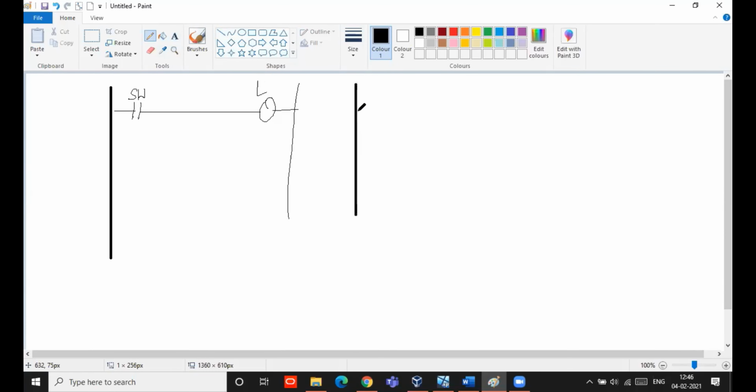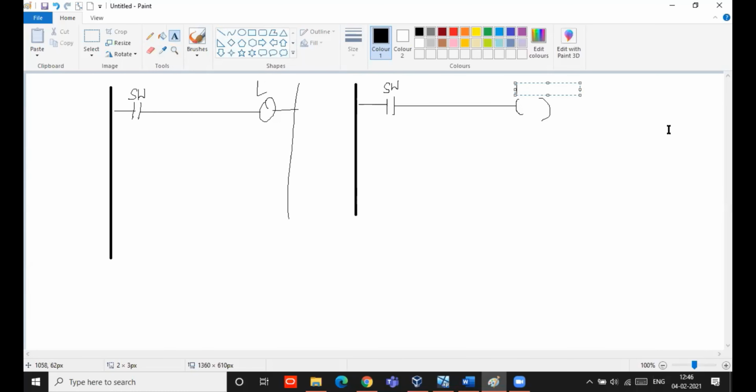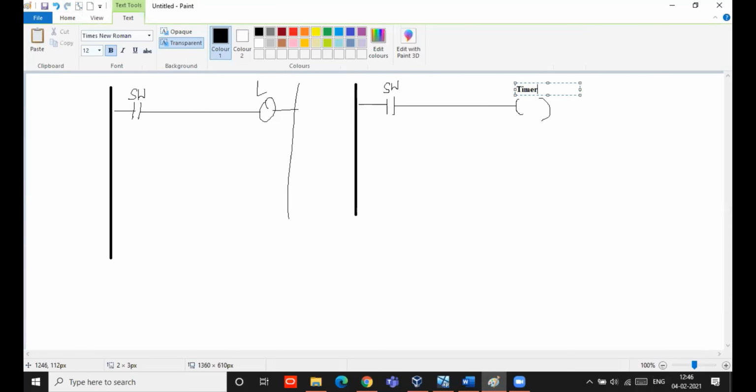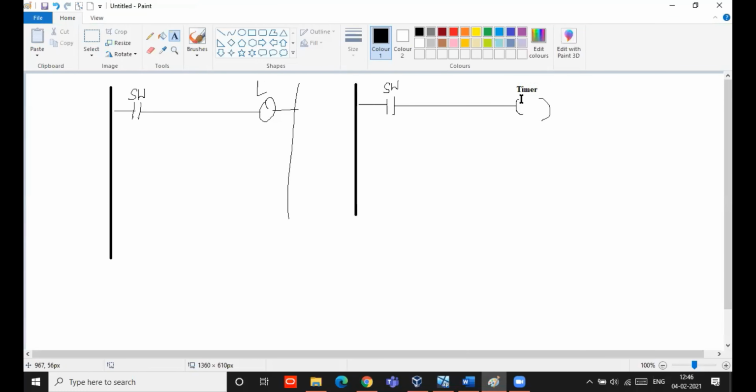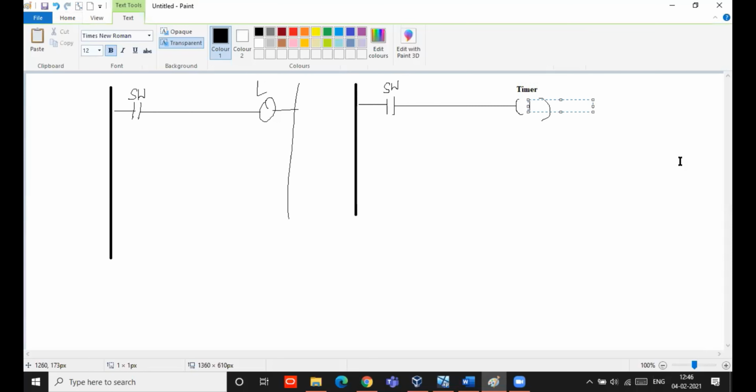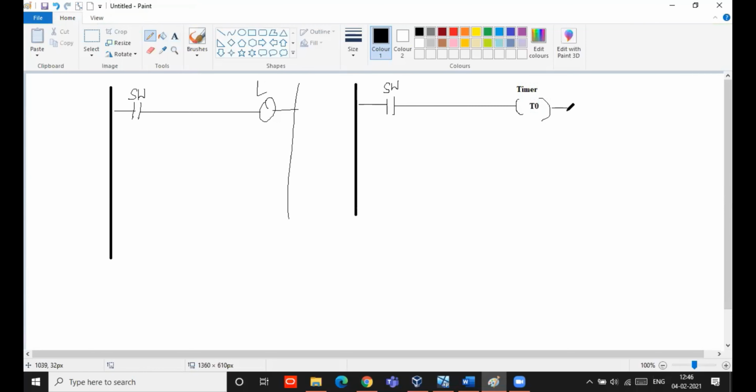So how to connect if you have a timer? You have to connect the input, the switch, to a timer first. So this is a timer. For the timer, you have to give some address like T0, T1, T2, based on the number of timers.